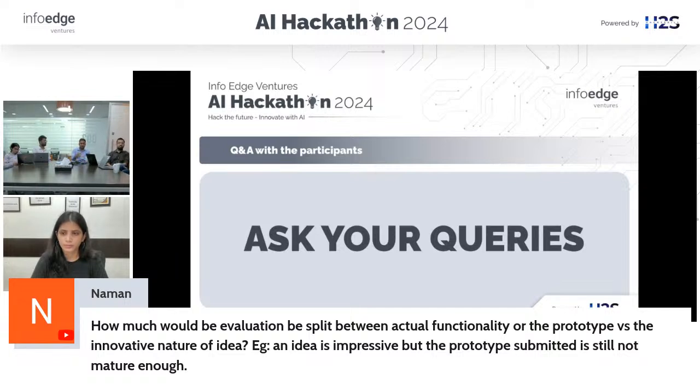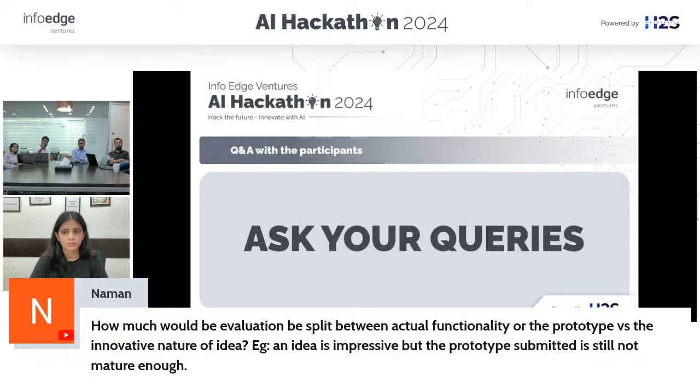If the prototype is very difficult to put together, even if it's not mature enough, I think it's okay. We'll factor that in while evaluating. But if it is simple to put together, if you can find a way wherein you can take 2 or 3 days to put it together, then we'll also rely on the prototype. Again, it's very difficult to judge whether an idea is impressive or not without a prototype in place, right? So I'll also put that caveat. I would urge people to put out a prototype. Even if it's not sophisticated or mature, it's completely okay.